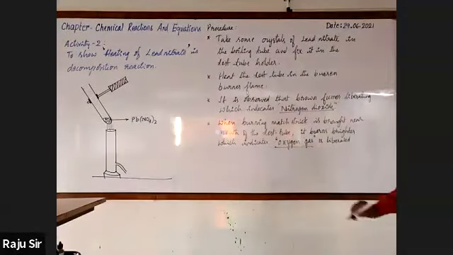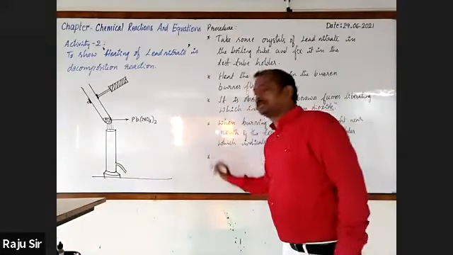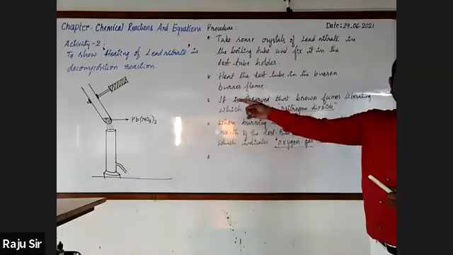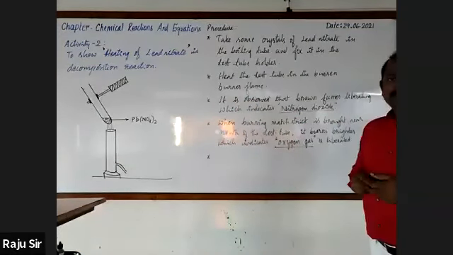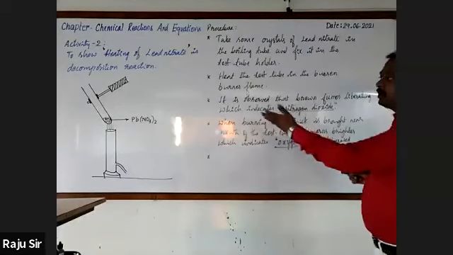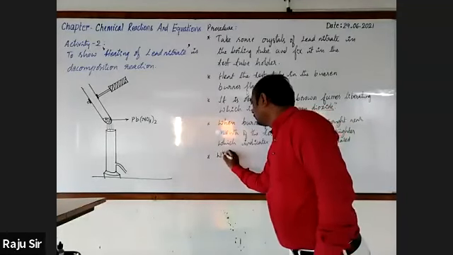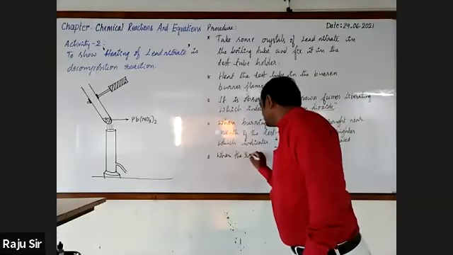Next, the third observation is when the reaction completes, then lead nitrate crystals turn yellow, which indicates lead oxide is formed. Right. When the reaction completes,